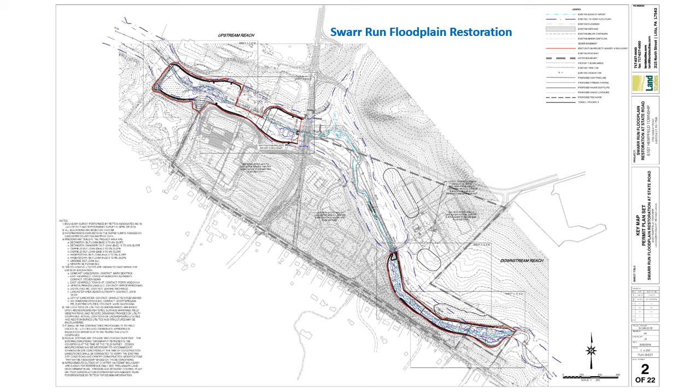This project will also reduce sediment load in Swarr Run, which is a tributary to the Little Conestoga. And so the township will recognize some benefit in the sediment load reductions that will result from this project. The community will also benefit from the habitat restoration and the recreational opportunities here. So it's a win-win project for everyone involved, and we're going to show you a little bit more about this